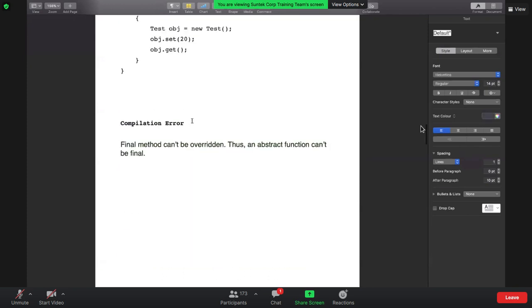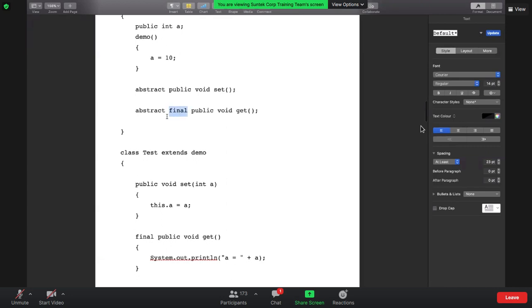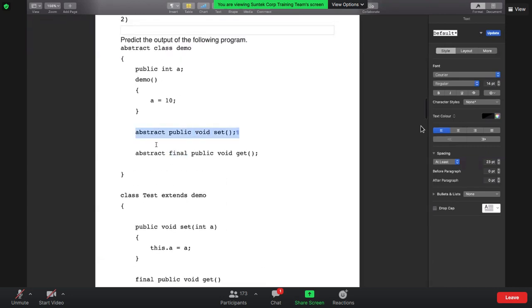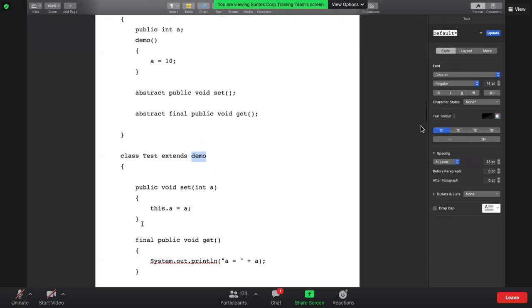Guys, what we are doing over here is we have defined a method which is again a final one, so a final method cannot be overridden. Whatever definition we write inside it, that's the same definition we have to write when we are extending the demo class. So we have written a set method, which is all good because its access modifier is public and it is not final as well.